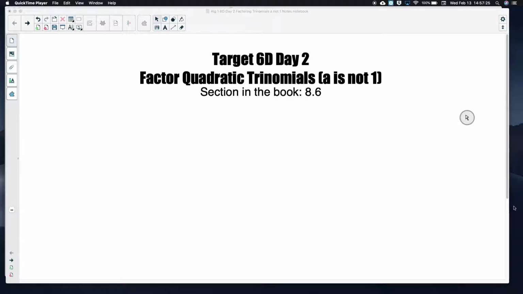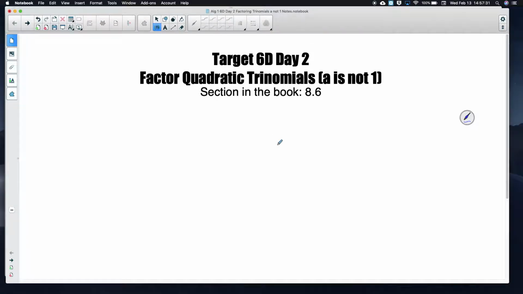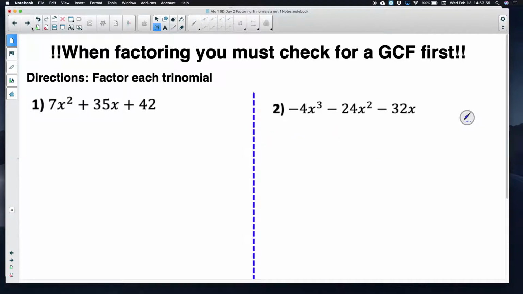Hello everyone. In the previous video we began looking at factoring quadratic trinomials. We also introduced quadratic expressions, which can be written as ax squared plus bx plus c. In yesterday's video we were just looking at trinomials where the a value was 1, and we introduced factoring using this box method. So today and in the next video we are going to look at factoring trinomials where a isn't 1. To start us off, in this first video, I'm just going to go over these first